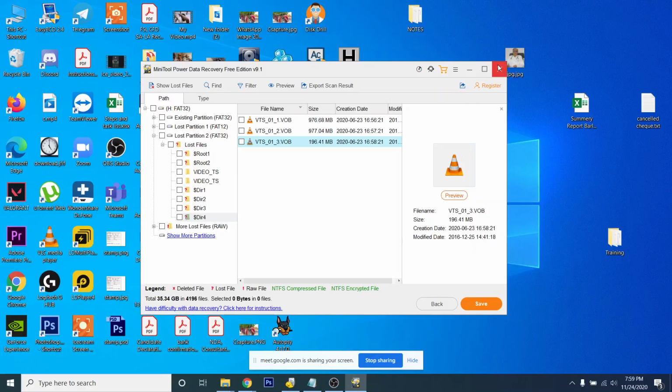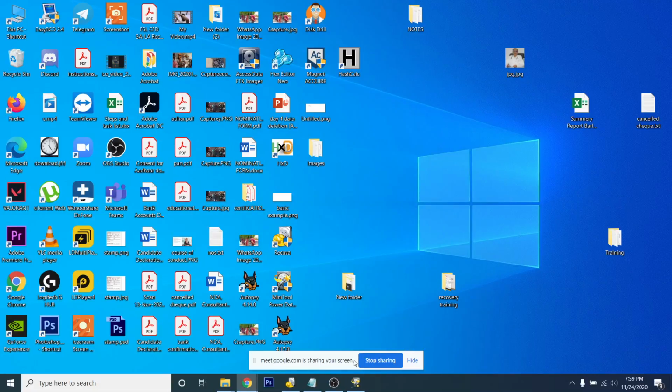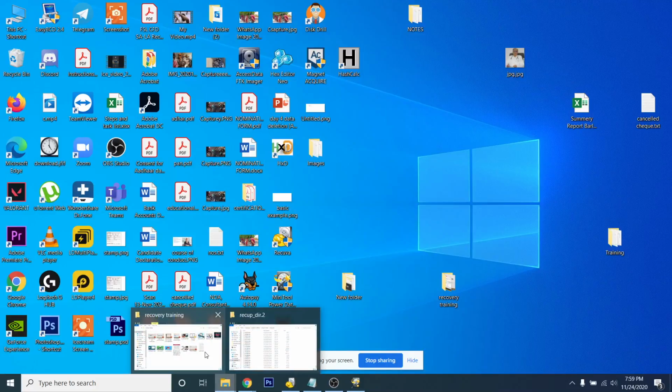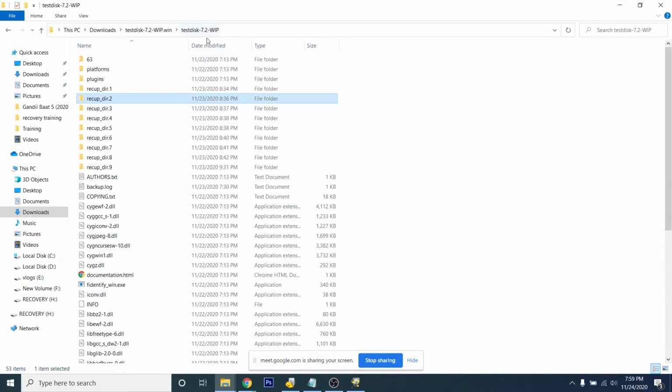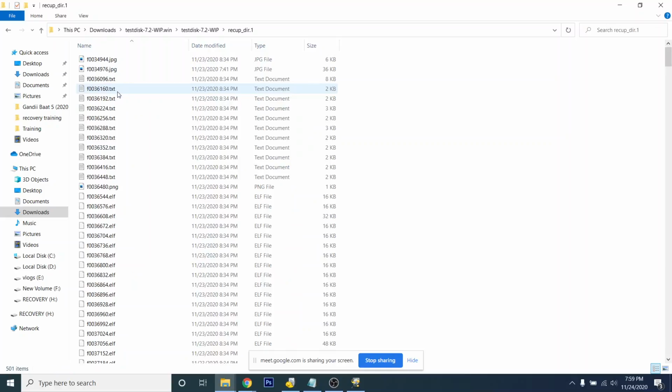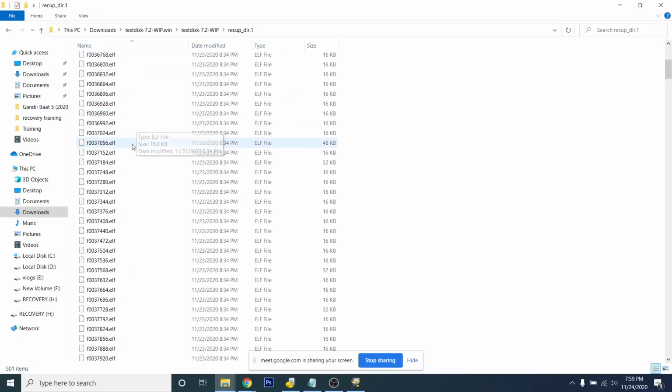So the practical of MiniTool data recovery is also done. QI is also done. Now we will be shifting to TestDisk. I'm not closing both of these tools for today, because I will be waiting for your queries till the end. Now let's jump forward to TestDisk. It was a manual tool and there were many options which you can use to filter out the data and to filter out your hard disk also.